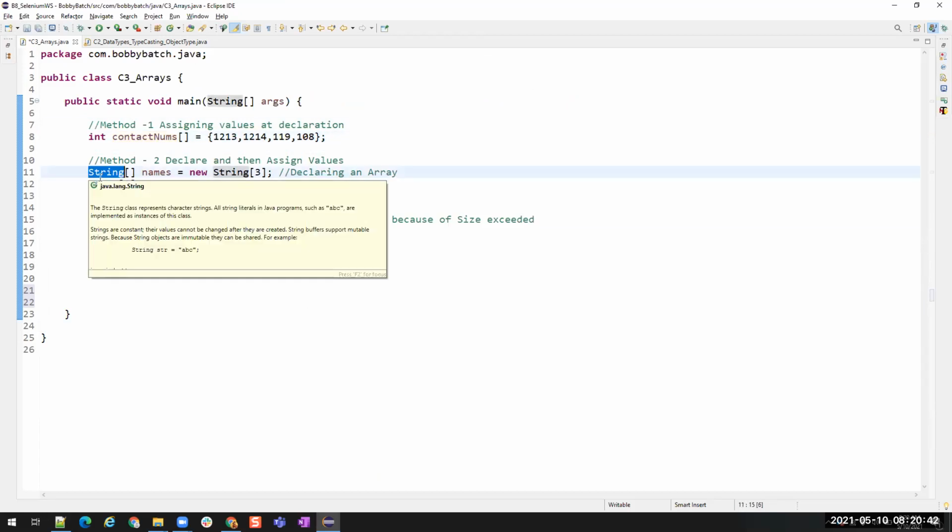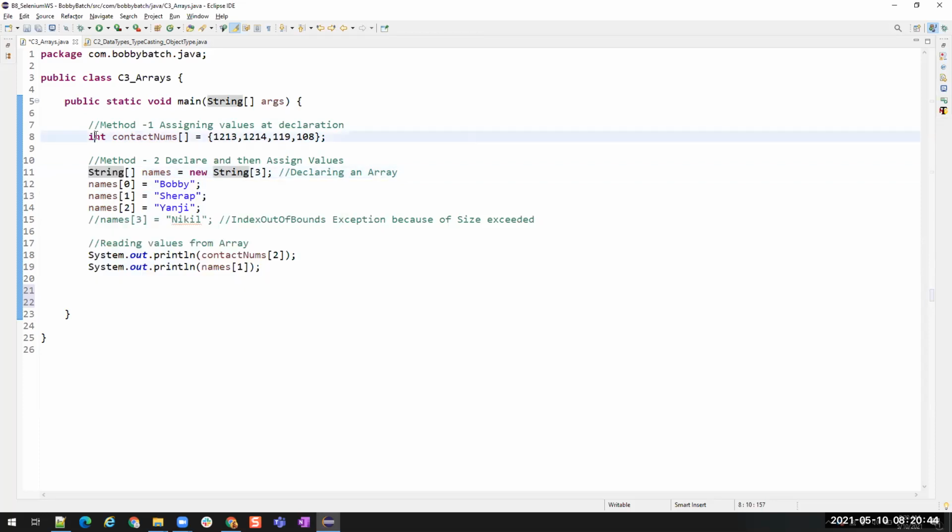This is a class name, so that is why we use uppercase. If you want to use a reference type here, I can use it like this. Just to have different examples, I'm using primitive and reference types. All right. Any other questions?